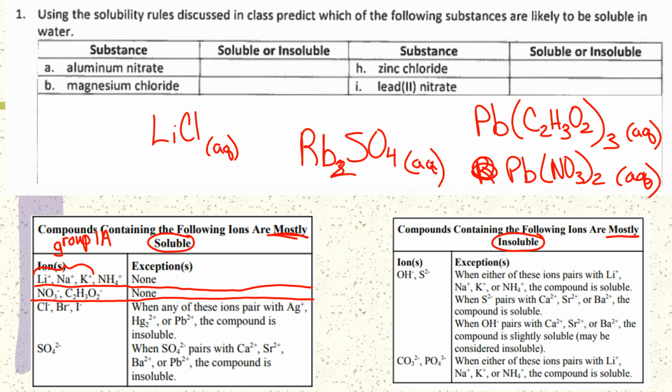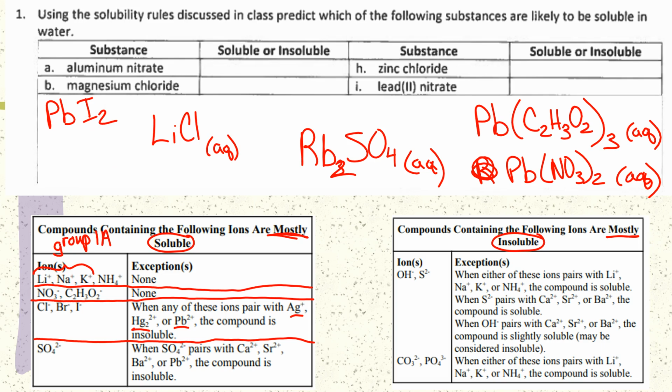So chlorine, bromine, and iodine, they are all halogens, but I'm not going to make a general statement about the group of halogens because fluorine has some situations where it's not going to follow all the same rules. But when I look at chlorine, bromine, and iodine, fluorine is always soluble, whereas chlorine, bromine, and iodine are not. Chlorine, bromine, and iodine are always soluble except when bonded with silver, mercury, or lead. If you have a compound containing silver, mercury, or lead and a chlorine, bromine, or iodine,